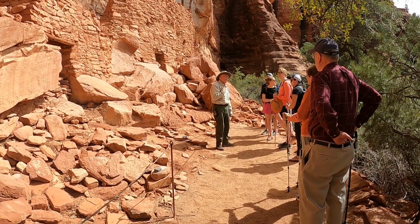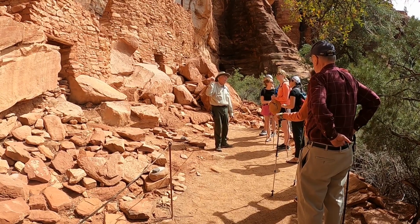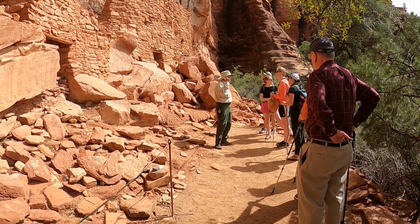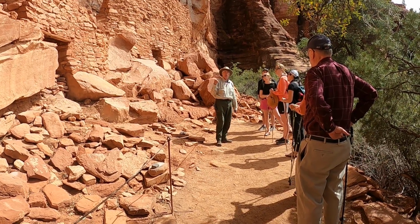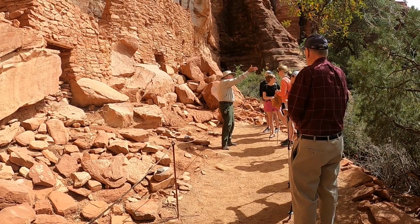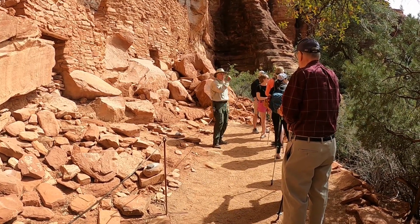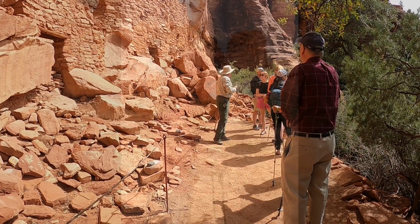So what's interesting for me is this happened after 500 years of living below. They lived here for 800 years, but they waited 500 years to do this. So something must have driven them up the hill. We don't know what that is, okay? When you look out that way, you can guess that it might have had something to do with defense. The problem with the defensible position that's elevated is that when you run...